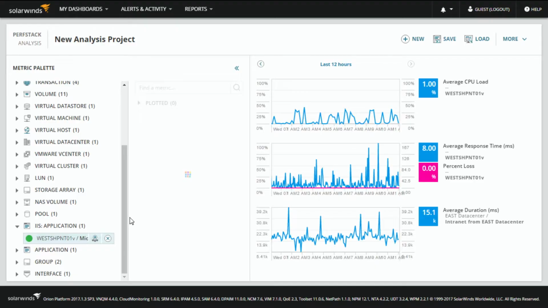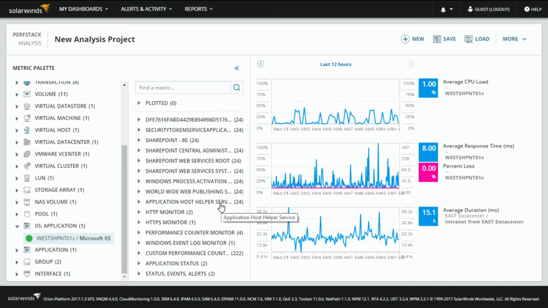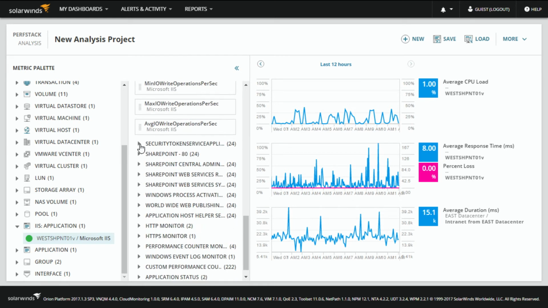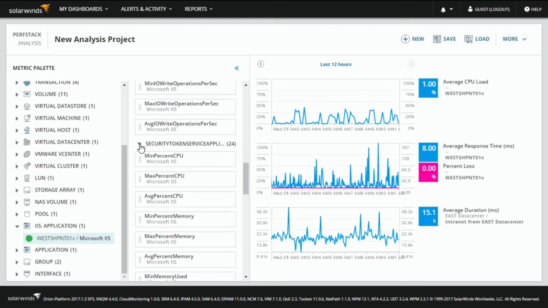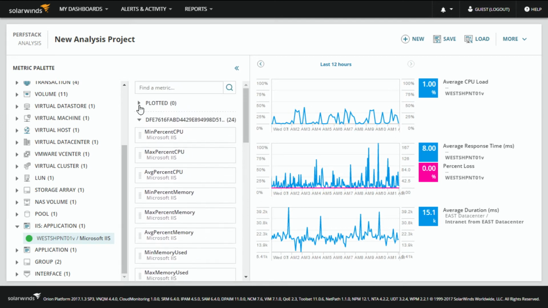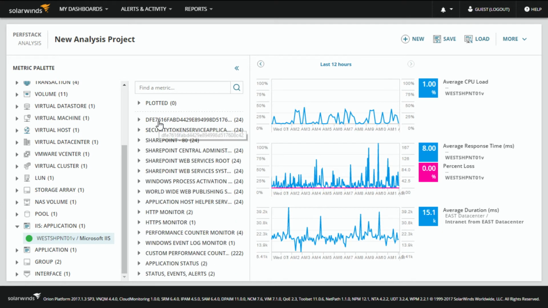So if I look at the application that's being monitored, we can look at a whole bunch of different types of metrics. As you can see, there's a lot here. You can start to become overwhelmed if you're not terribly familiar with this. Yeah, I don't know what many of these are. I know what average percent CPU is, but many of the other ones in this long list, like application host helper, I don't know what that is. Windows process, I don't know what that is. And that's the great thing. When you're the systems administrator and you focus on your realm, then you start to know.